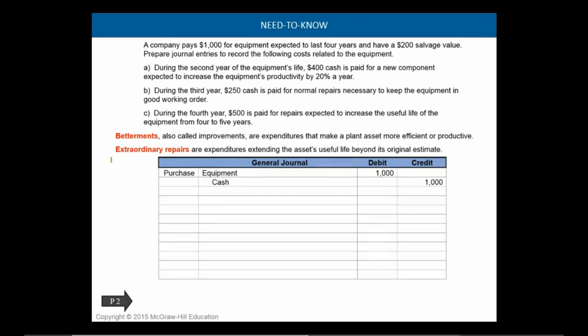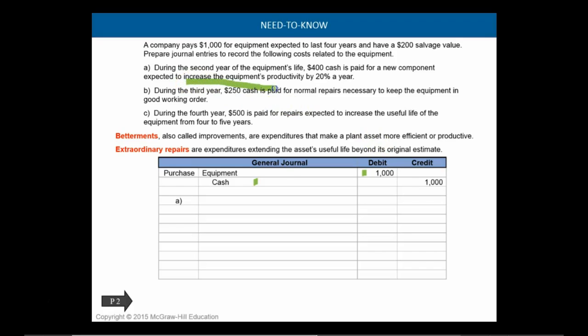A company pays $1,000 for the equipment. So if the equipment's a debit, we're going to make it go up by doing the same thing to it, which is a debit. We paid cash. Cash has a debit balance. We're going to make it go down by doing the opposite thing to it, which is a credit. This records the purchase. During the second year of operations life, 400 cash is paid for a new component expected to